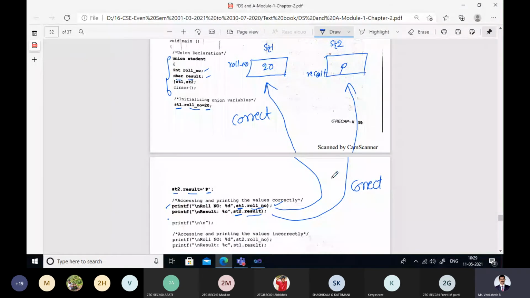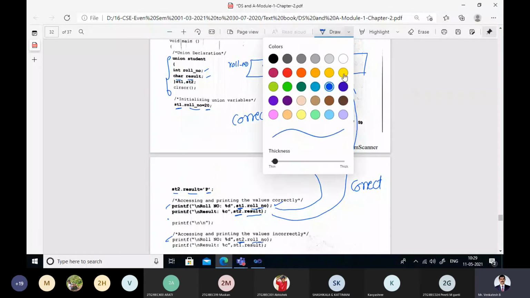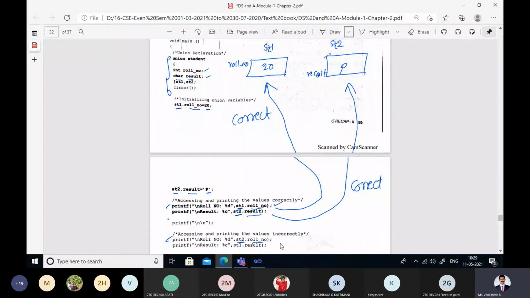Now, there are some incorrect accesses that we are doing. What is that? With this print line, we are trying to access the roll number member of ST2. Is it active here?